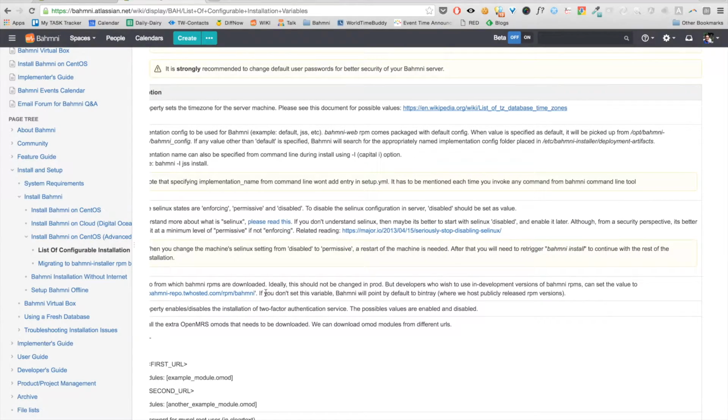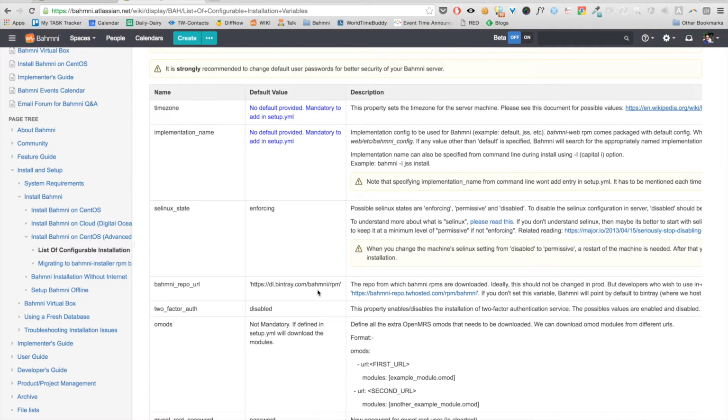Then implementation name. Bhamni has this concept of implementations, which is basically your set of configuration. Let's say I'm going to a hospital called JSS, I might have my own configuration files for Bhamni called JSS, in which case I will say implementation name is equal to JSS and provide that in a folder that will get picked up by the installer, and you will get Bhamni set up with JSS configuration.